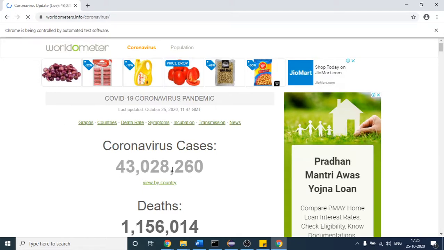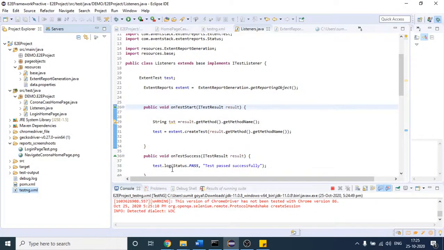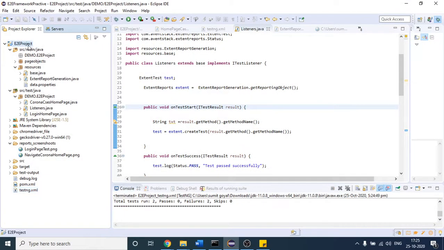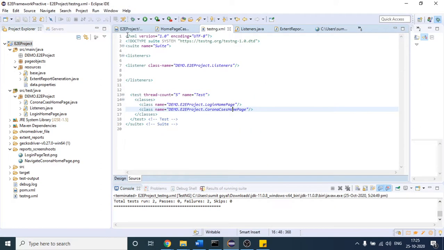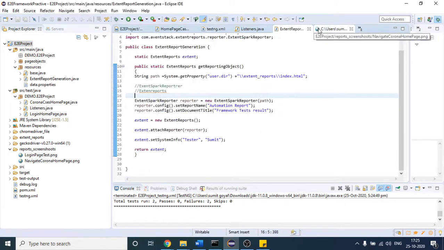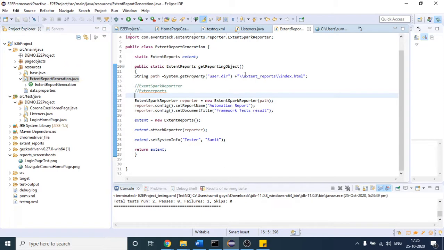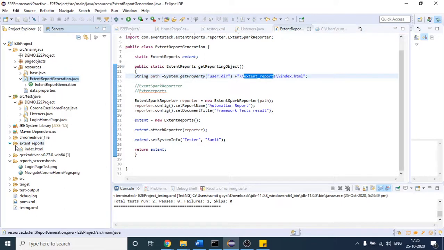So after that you will see our test case will be finished. Let me try to refresh it and see. So you can see this folder. This is the same folder, I think. If I show you, yeah, where it is. Inside that, yeah. So this is the folder name. It was created automatically. You can see on the left hand side. If I expand this, you will see this file, right?